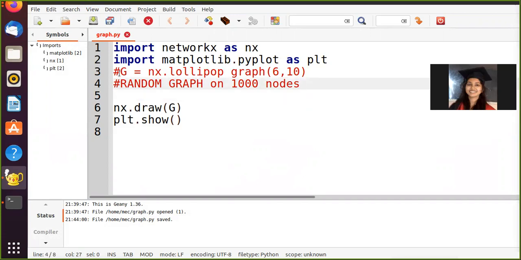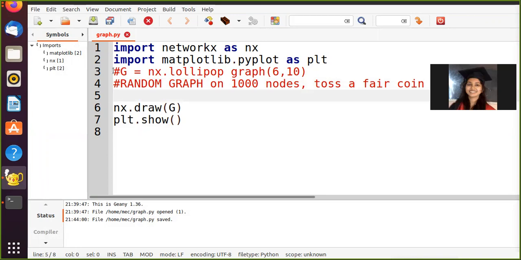So I'm going to create a random graph on 1000 nodes, where for every possible edge, I'm going to toss a fair coin. Tossing a fair coin means my probability of head is 0.5, probability of tail is also 0.5. If it's a head, I connect those two nodes, otherwise no. So how are we going to do that?